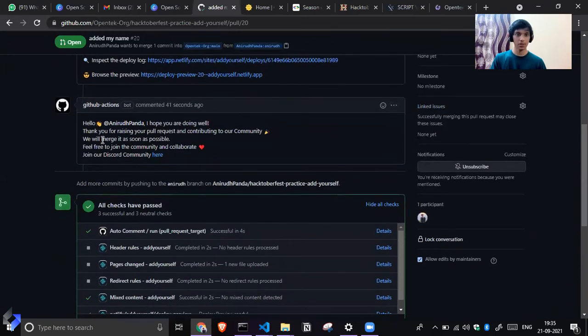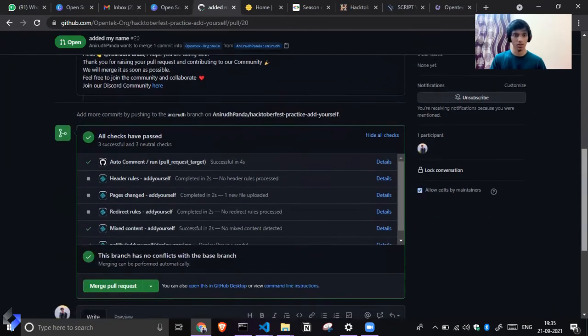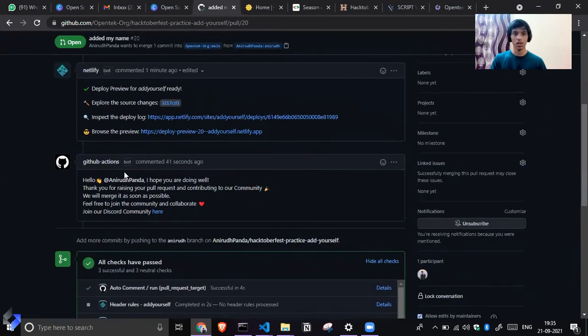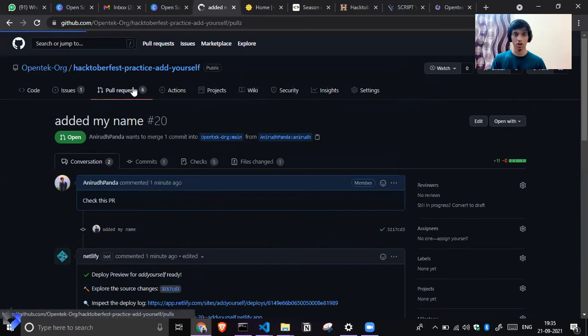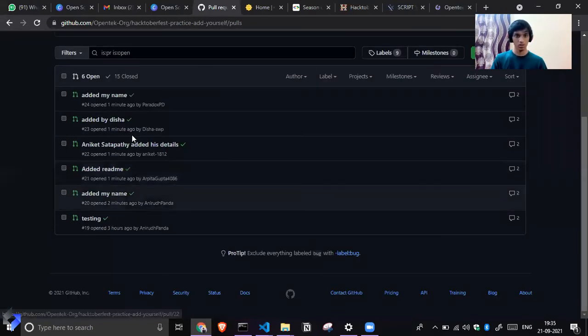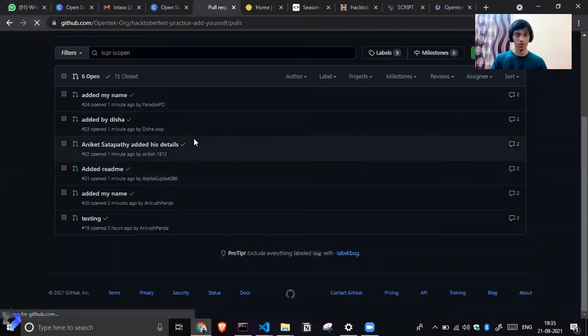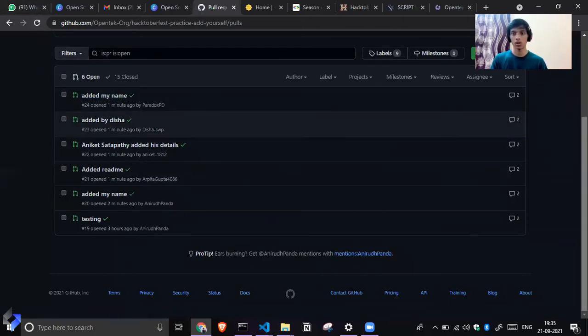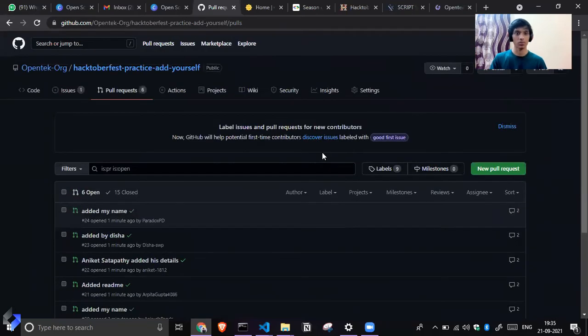So I have added some GitHub Actions here. GitHub Actions is a bot. It just automates your workflows. So yeah, some other day I'll discuss this. You may see a GitHub Action on your PR's comment that is welcoming you to the organization. If you want to learn GitHub Actions, I can share some good resources.